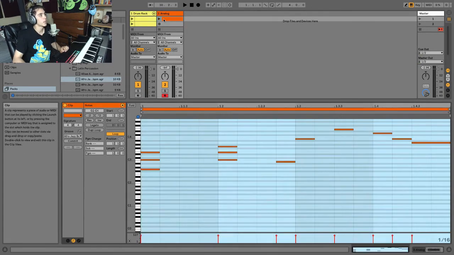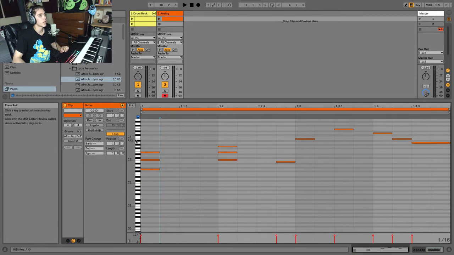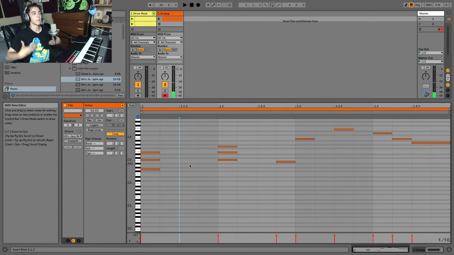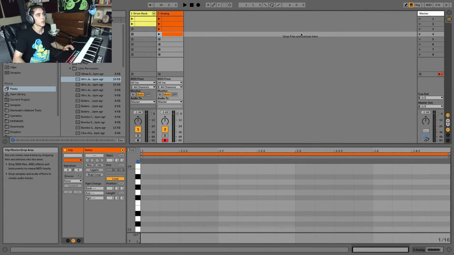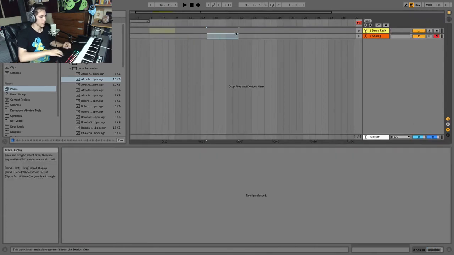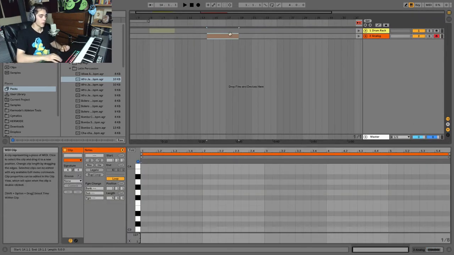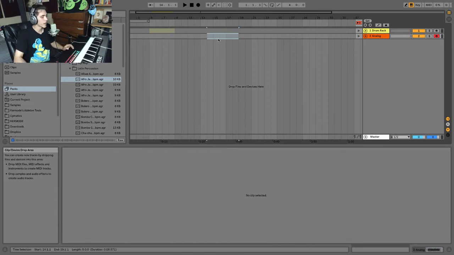Now on melodic MIDI, on the left you have a piano with all your notes. And as you double click them, you'll be able to insert MIDI notes and actually create melodies and harmonies here. So that's the basics of clips. You can double click to insert them and start programming. You can highlight an amount of time. But there's actually one thing we haven't talked about yet, and that's actually